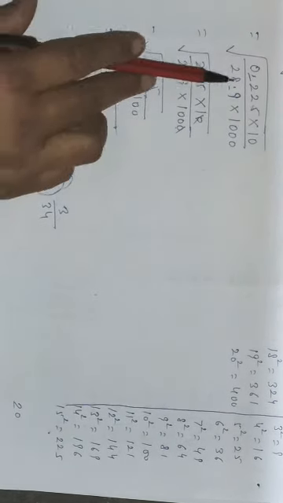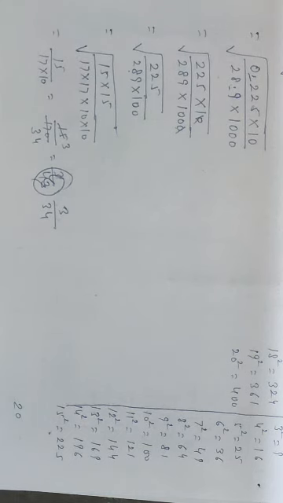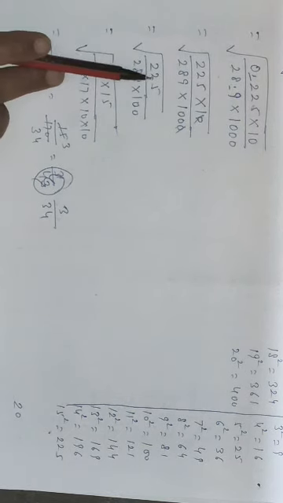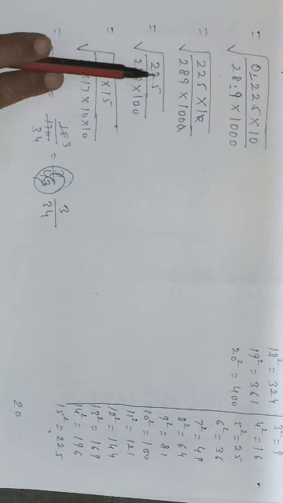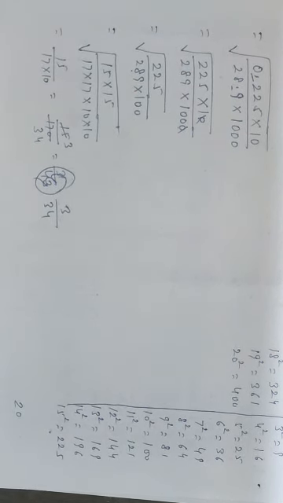Okay, so what we did here is we have removed the decimal from both the numerator and then denominator. Then we have found the prime factors of both numerator and denominator, taken out from the pair and solved. So this will be our answer. Okay. So this is question number 3. Now let us move on to question number